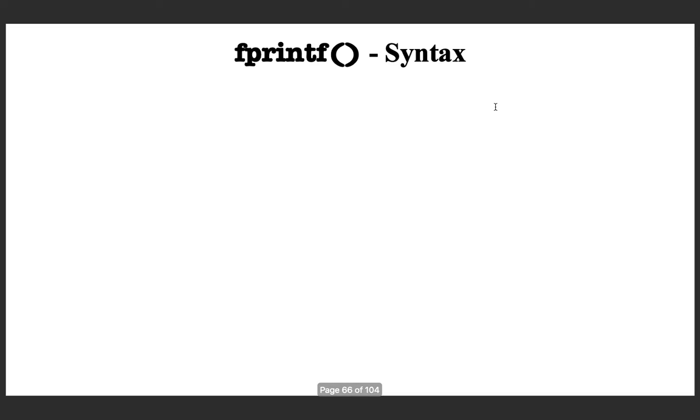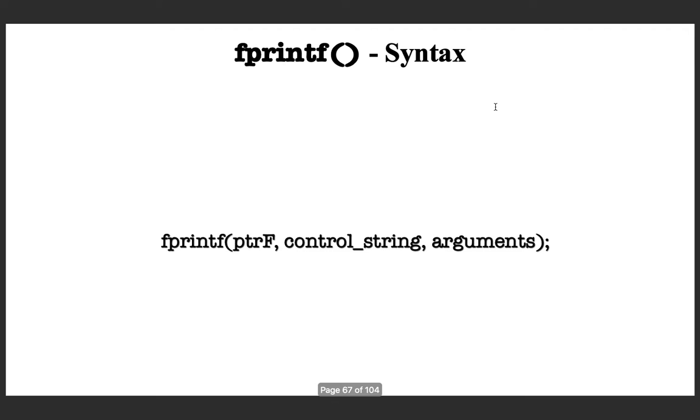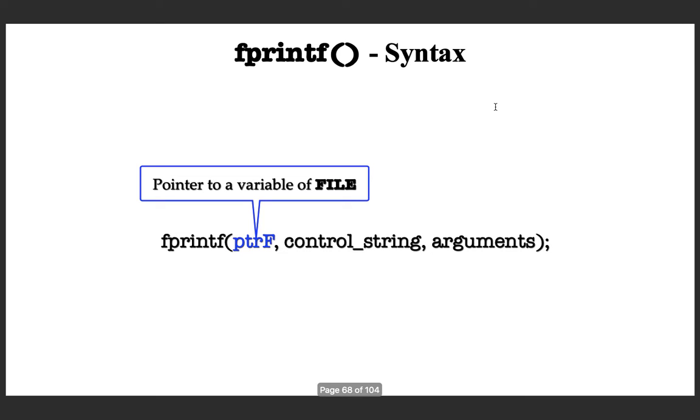So that is fprintf. Now we can formally look at the syntax of this. So this is the syntax. The only difference is this. These two are the same as that of printf. As the first extra argument, you are passing the file handle. This is the only difference. And rather than displaying it on the standard output device, which is the screen or monitor, it will be printed to the file. So that is basically the difference.